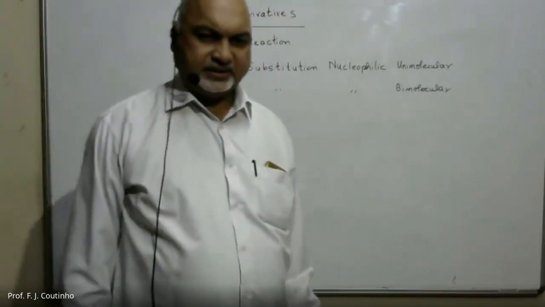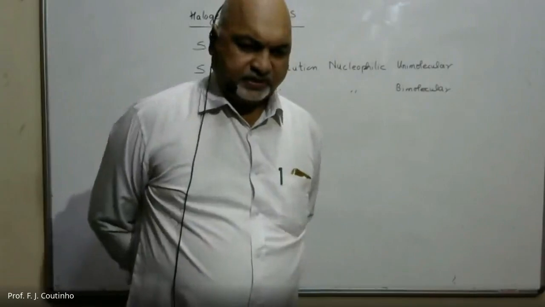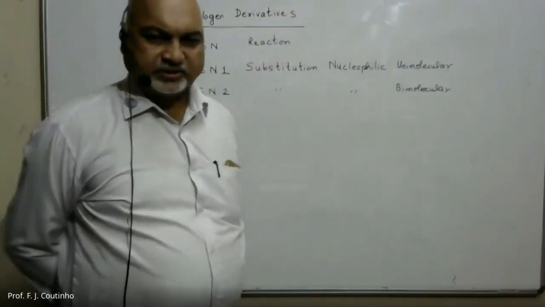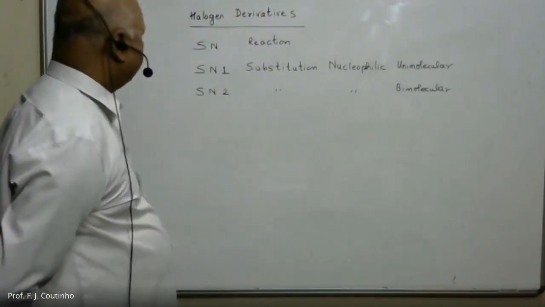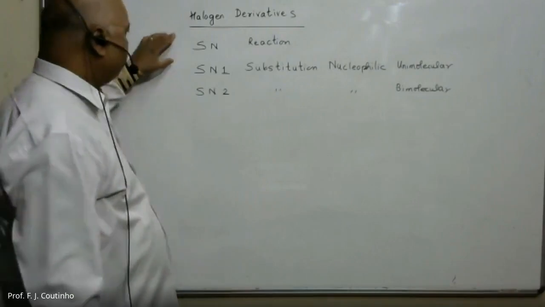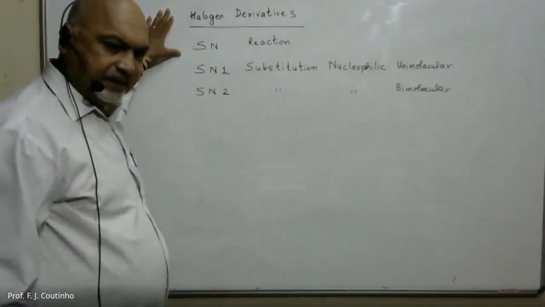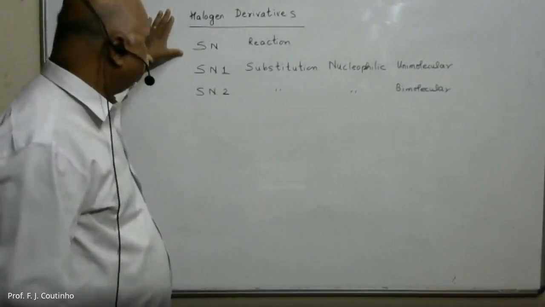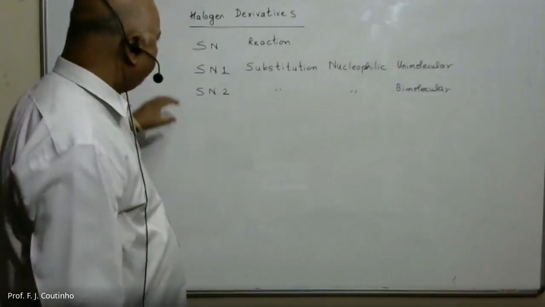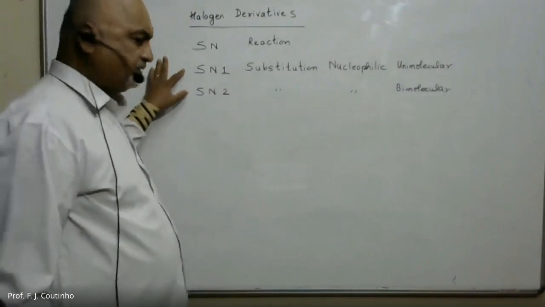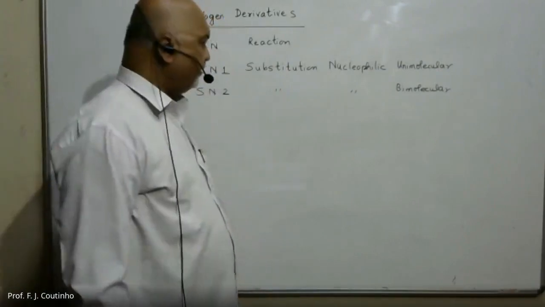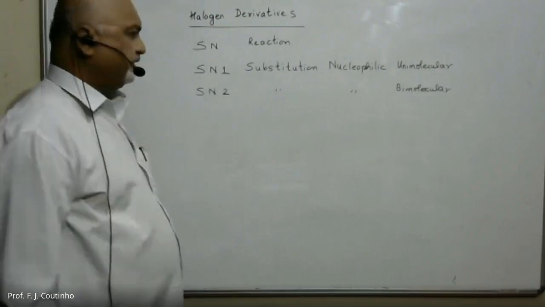Last time we had seen some introduction of nucleophilic substitution reaction in the topic halogen derivatives of alkanes for standard 12th. We also discussed certain introduction of SN reaction. SN reaction, as I said earlier, was substitution nucleophilic. Then I also explained in short what is SN1 reaction, that is substitution nucleophilic unimolecular, where only one molecule is responsible for the rate of the reaction.